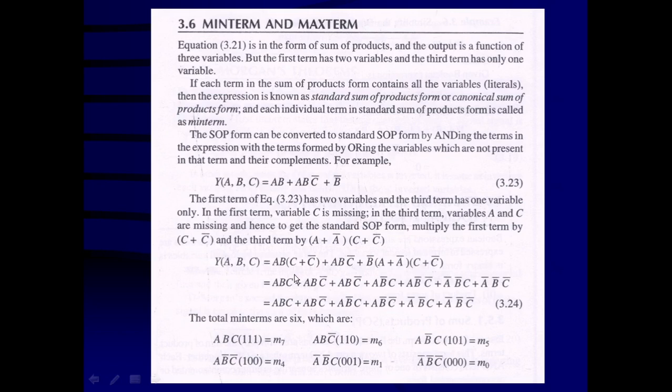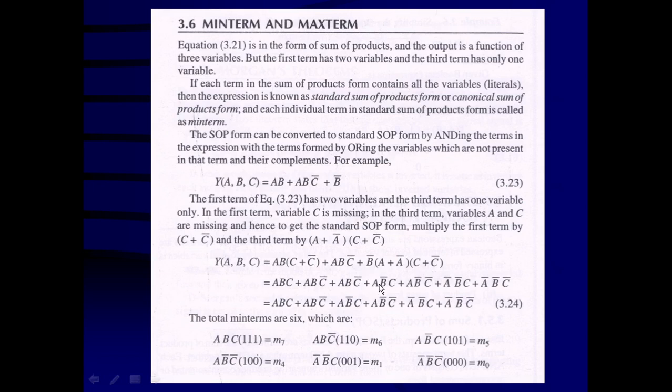Now, whichever term is repeated here, you can ignore that term. You don't have to write those terms again. So from these expressions, how many terms are there? 1, 2, 3, 4, 5, 6 and 7. And out of these, the second and third terms are repeated, ABC bar, ABC bar. So for these two terms, you can put only one term. The first term will be ABC. For these two terms, it is going to be ABC bar.